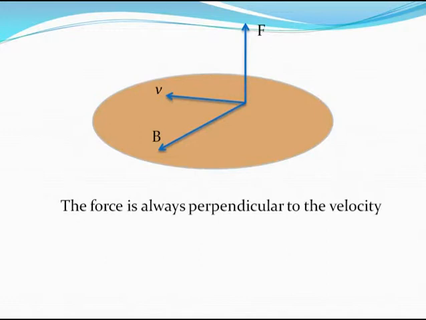You see, magnetic force is qV cross B, and the cross product of two vectors is always perpendicular to both the vectors. So in this case, the magnetic force is always perpendicular to the velocity. What this also means is the magnetic force does not change the velocity at all. For example, right now the magnetic force is acting upwards and the velocity is towards the left. Now you might feel that the magnetic force might cause an increase in velocity in this direction, isn't it? After all, there's a force acting upwards. But that will not happen.